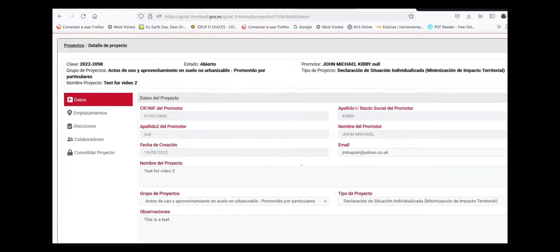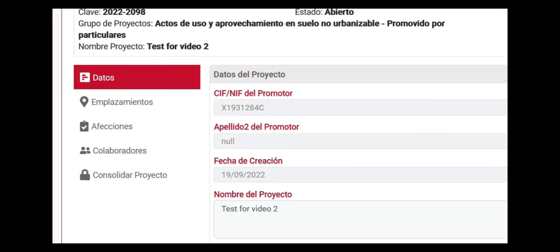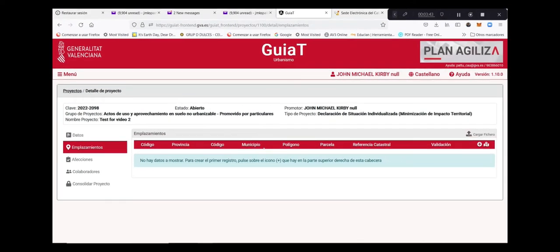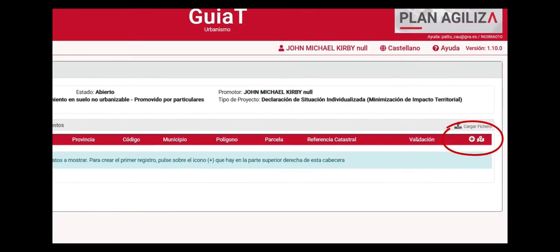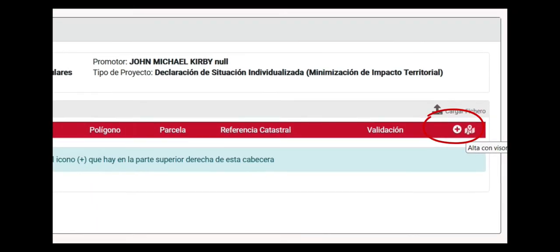That's okay. We click on there, and the data is simply the same data we saw before, but we have a list on the left hand side detailing the things that we can do. And the one that really interests us is to choose the location, which is emplazamiento. And we have a look here, and it looks fairly difficult to see where you introduce the data. But if you go all the way to the right hand side, it says plus, and we click on the plus,